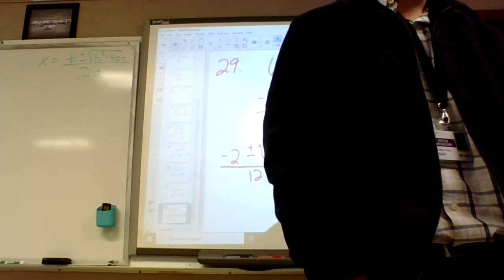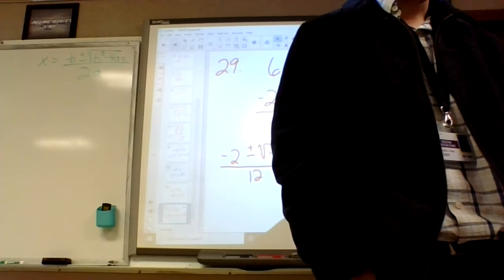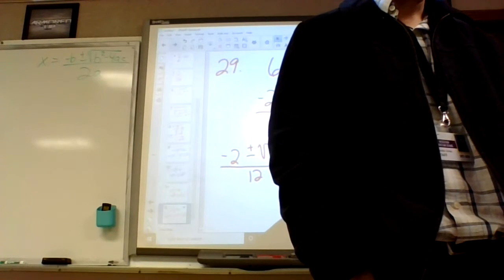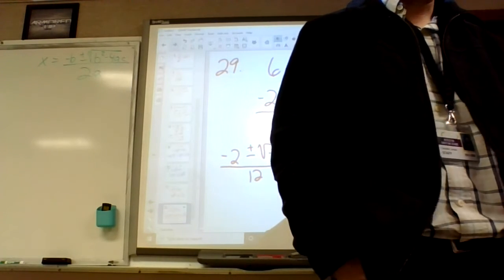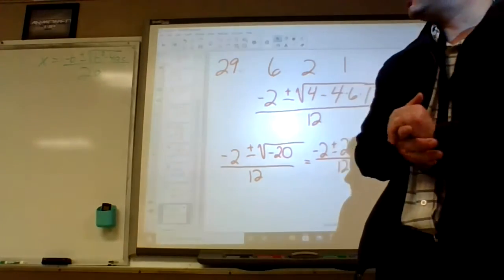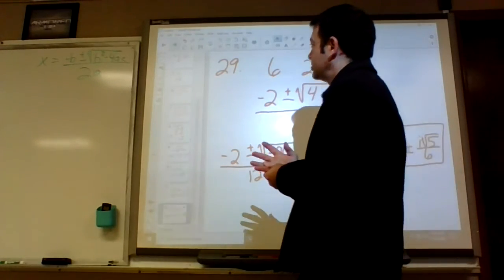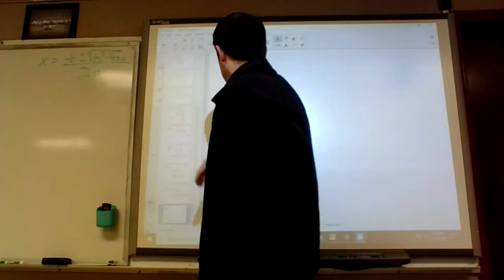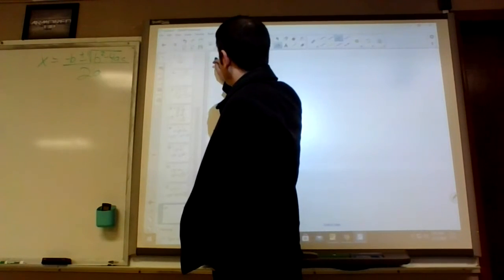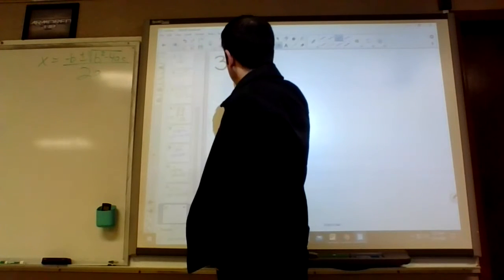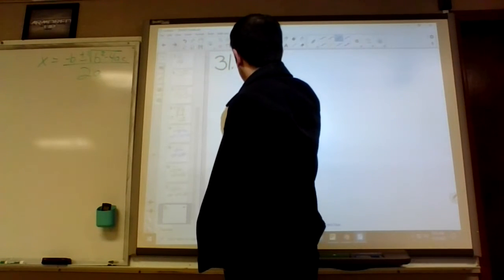31. Determine the number and nature of solutions to each equation. Then find the solution. Alright, we'll do both parts, I guess. How do we determine the number and nature of the roots? We put it through like a weird half of the quadratic formula. Anybody ever remember what that little... Oh, it's just the top part, isn't it? No, it's just the part under the square root. Yeah, it's called the